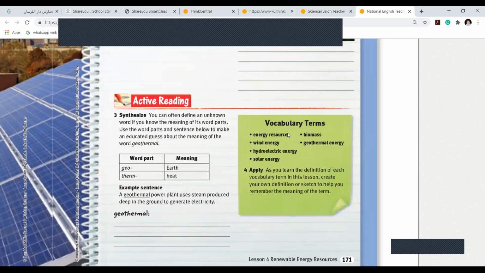Energy resource, biomass, wind energy, geothermal energy, hydroelectric energy, solar energy. Very good. Miral, please can you read it again? The vocabulary terms: energy resource, biomass, wind energy,